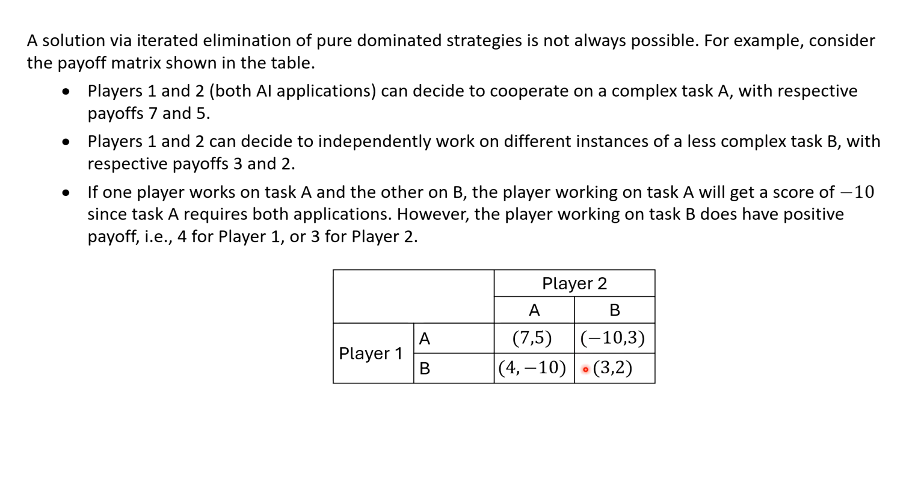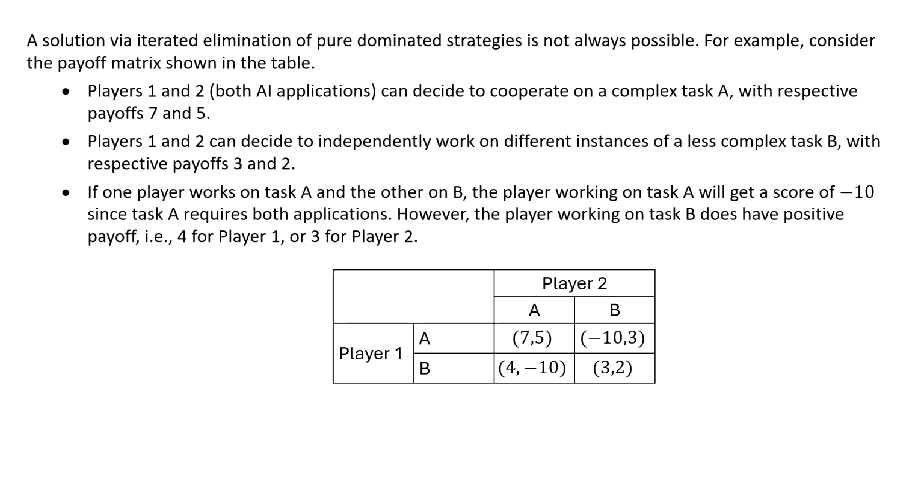3 and 2. If one player works on task A and the other on B, the player working on task A will get a score of -10. It's the -10 here and here. Since task A requires both applications, in this case player 1 and 2, they're the applications. However, the player working on B does have a positive payoff, 4 for player 1 or 3 for player 2. That's this here. Okay, on the next slide we'll analyze this situation, and we'll see that a solution is not